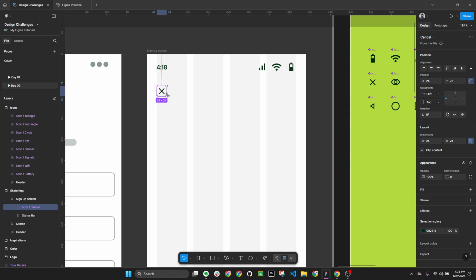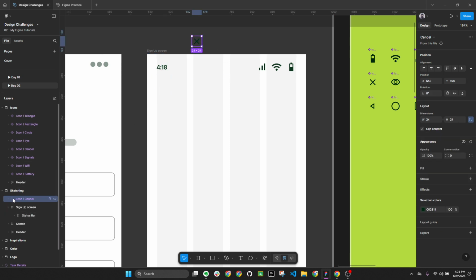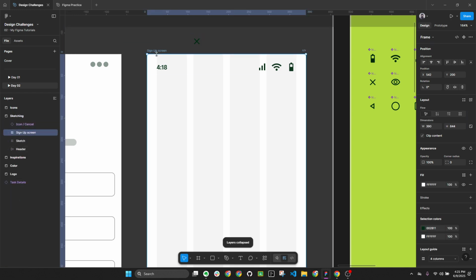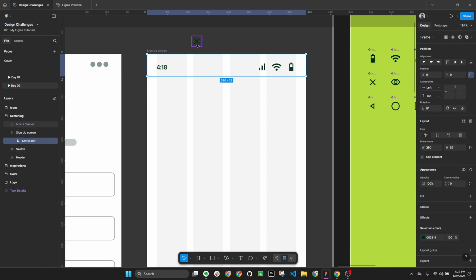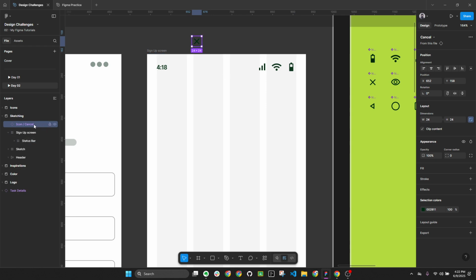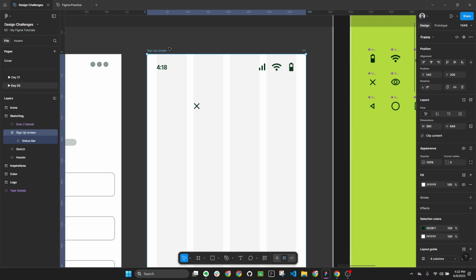Here is a tricky part. So you need to always make sure that the element you are bringing is right where you need it. For that, like if I place the button here, look where it is located. So this is my sign up screen separately closed. If I open it, there is one element status bar in it, and this icon is not in it. So if I use my arrows to bring it here, it looks like it is in my screen, but in the layers panel, I will see that it is not. So usually when you run into this issue, you will find out that when you play the screen,